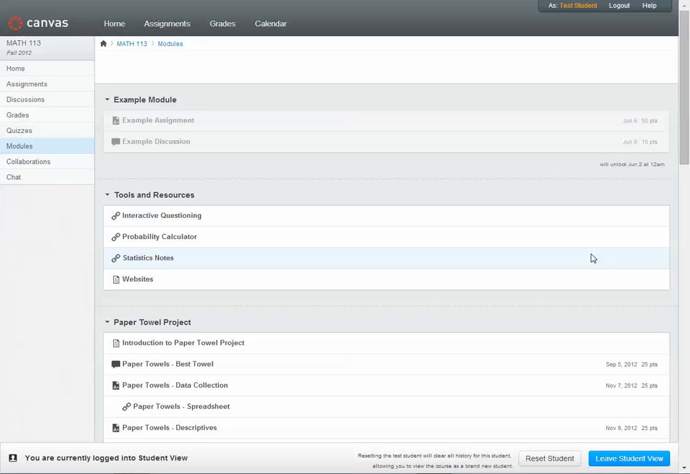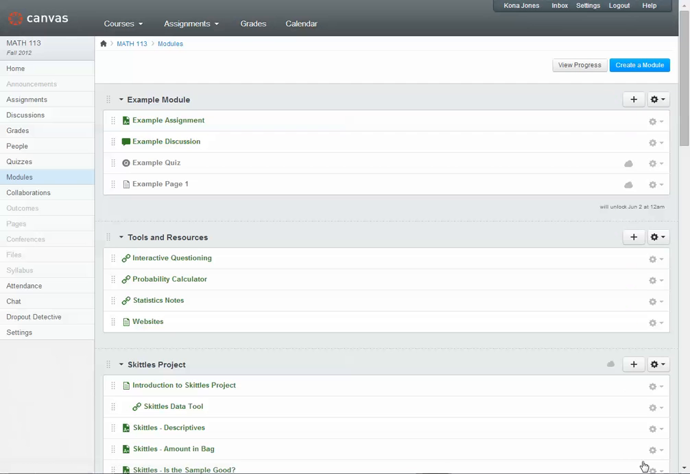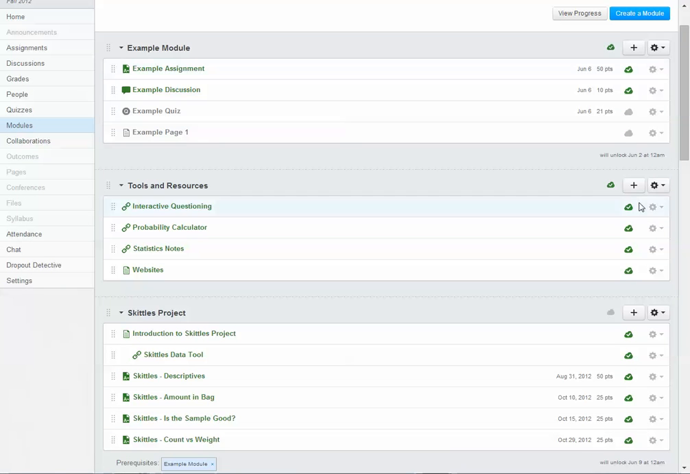Now to leave student view, just go down to the bottom of your page and click leave student view. You can also reset the student if you've done something, but we're going to go ahead and leave student view. And then you can go back and see everything that has already been done. And this one, once again, students could see it because even though this was published, students have already submitted content to this. So I hope this explanation has